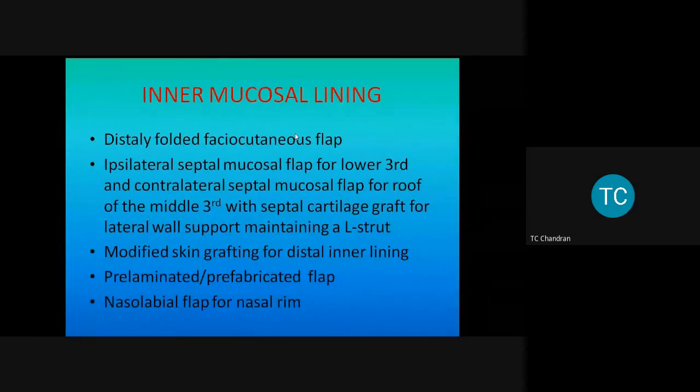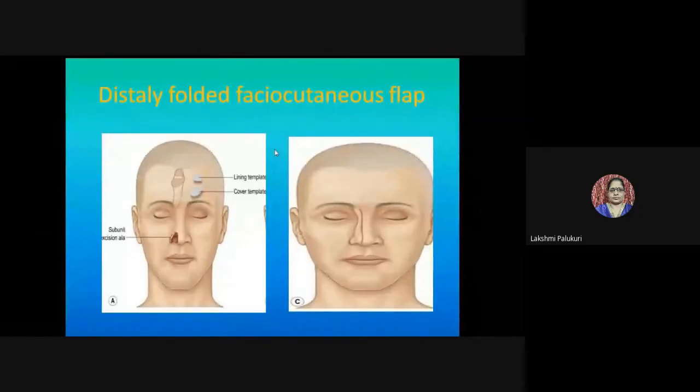Okay, I think 1 hour is over. I think we are through with this. Dr. Lakshmi, I think we have finished. Sir, you wanted to give some guidelines regarding reconstruction of the nose. Oh yes, I can do it.